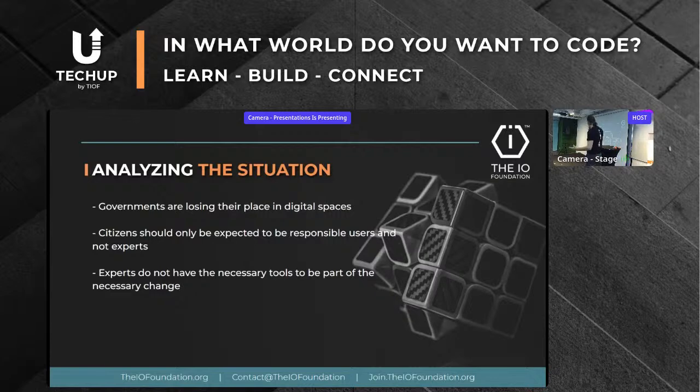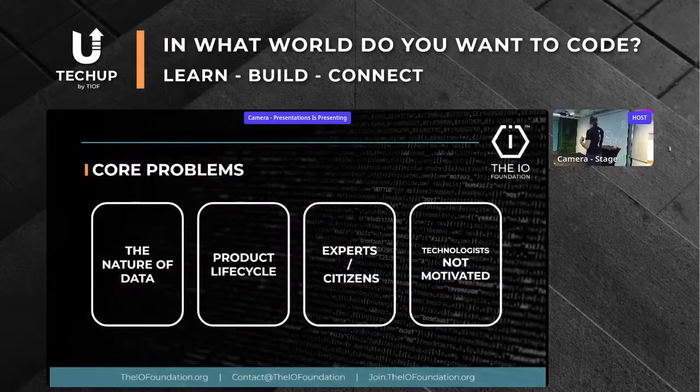As we were discussing yesterday during the DCDR framework soft launch that we did, there were these core problems that we identified at the IO Foundation. The first one is a deep misunderstanding about the nature of data. And as I was mentioning, there's currently 11 definitions of what is data. So it's going to be a funny trip to try to make everyone be on the same page, not even on how to treat the data if we don't even know exactly or even want to agree on what data is to begin with. Then comes the problem of the way we release software, which doesn't follow the traditional product